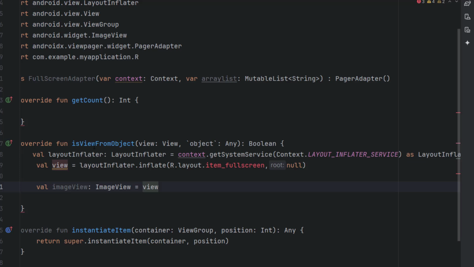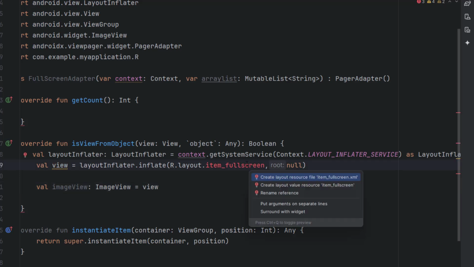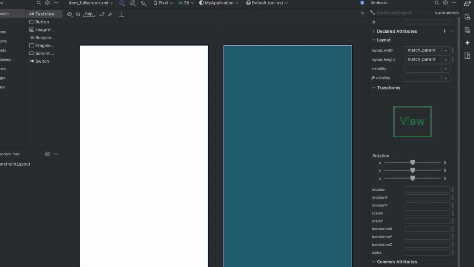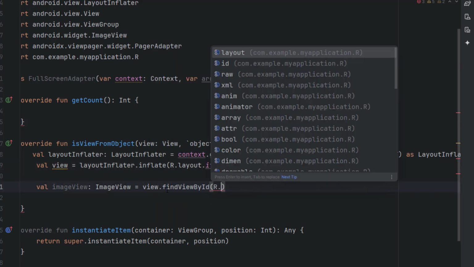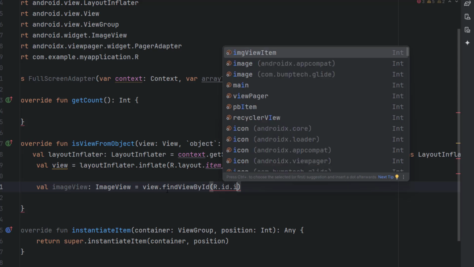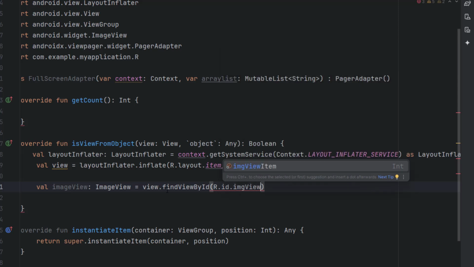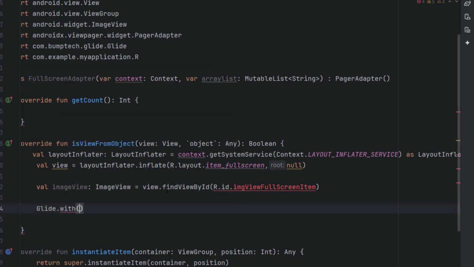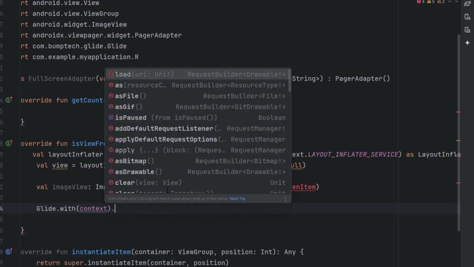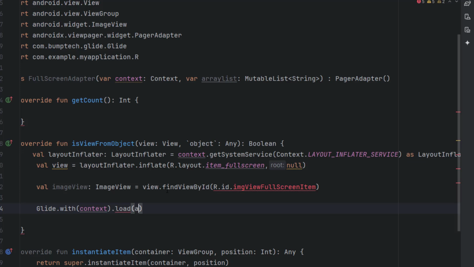Okay, so I think first of all we have to add this item full screen. So after that, now we can say view dot find view by id, so we can say R dot id dot image view full screen item. All right, and then we can say Glide dot with, then we have to pass on our context dot load, and what we have to load is the list, array list of